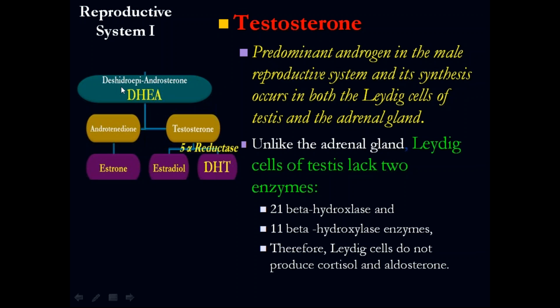So we have here dehydroepiandrosterone, the DHEA. Then we have testosterone, and we have dihydrotestosterone. So there are three types of androgens, and all together they are called androgens. I'm telling you ahead of time that the strongest androgen we have in the body is dihydrotestosterone, and we are going to see some implications here.